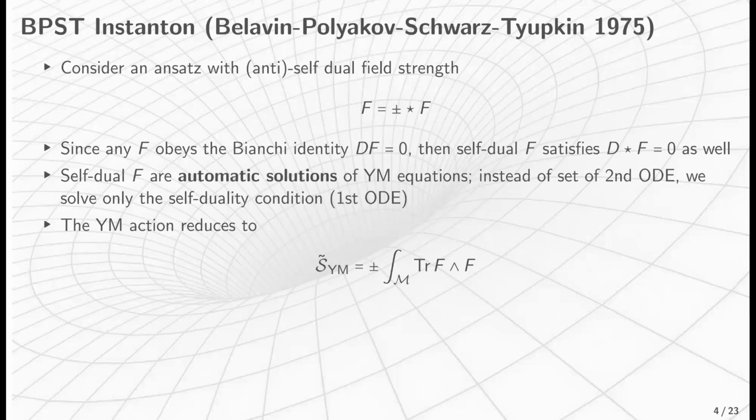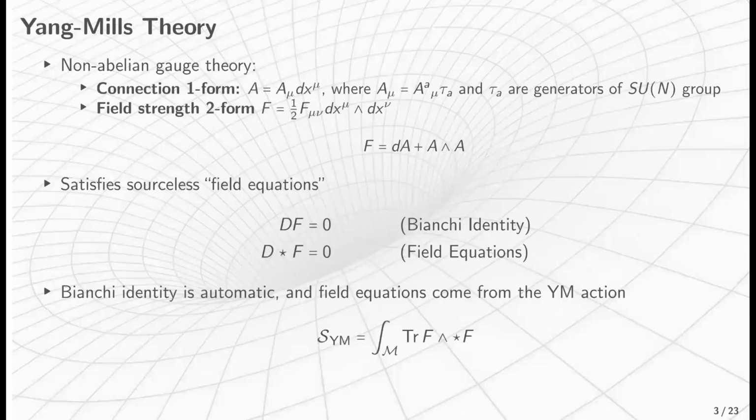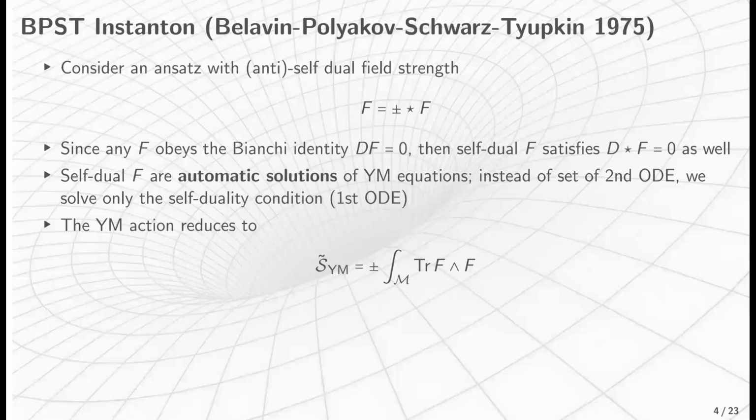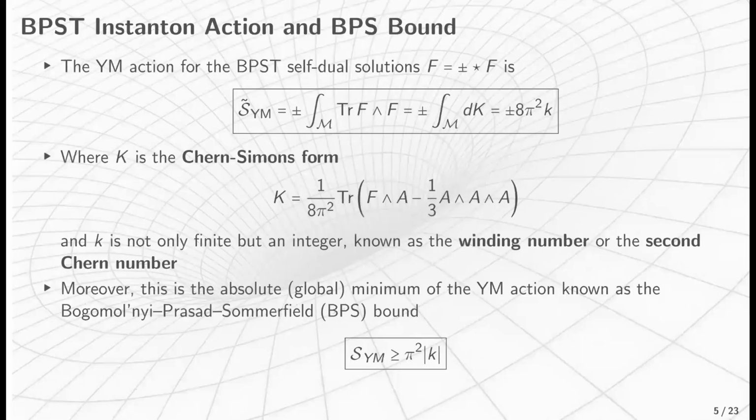But something interesting happens. This action, which we had here, which was F wedge star F, if we consider that F is star F, turns into this so-called self-dual Yang-Mills action, which is just this. And there's something particularly interesting about this action, because it is just a topological term. You can show that this self-dual Yang-Mills action is a topological term, which means it is proportional to the divergence of something called the Chern-Simons form. And you have this integral over d of the Chern-Simons form. Using Stokes' theorem, you can turn it into a surface integral over the boundary of this